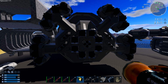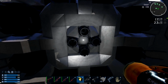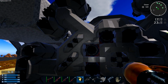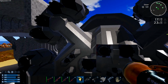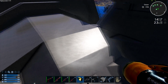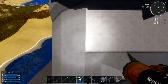Now, the last episode we were focused a little bit on this central area here. We added these thrusters and then we added this little hemisphere, the half globe block, just for visual interest. But we had all of this other stuff that I wanted to take care of, and one of the other things that we had was the big flat section on the back end of the ship, and then if you continue going in a forward direction, it would have another flat section. So we had this flat section. If we could cut it off right here like this all the way down, and that used to be the back end of the ship,